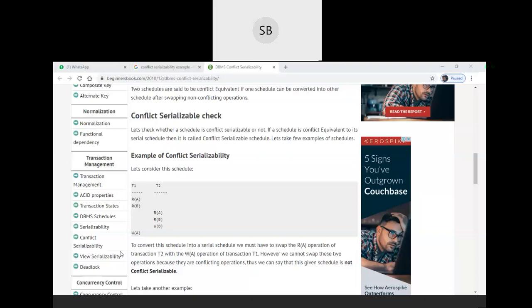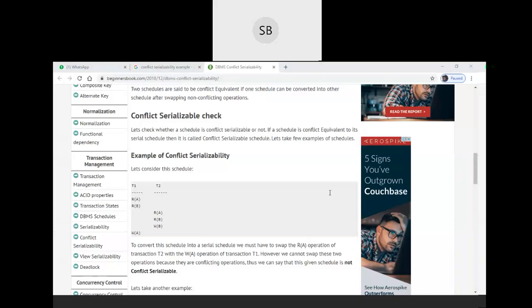Can you see my PowerPoint screen now? Yes, please reply. Can you see the PowerPoint screen? Blank presentation, can you see?